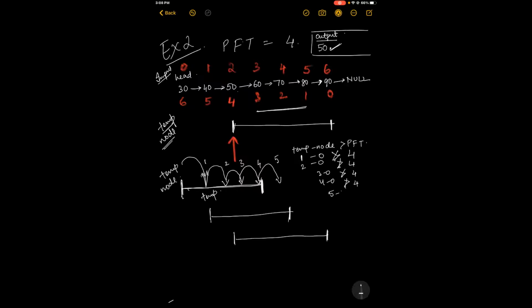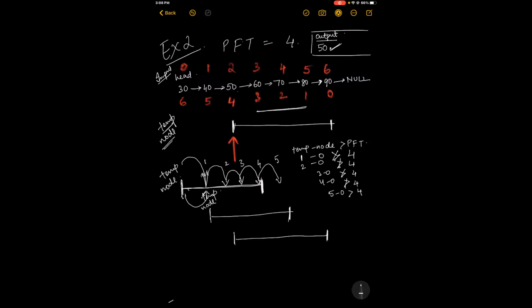Now 5 minus 0 is greater than 4, and when such a condition arises, node will move one step forward. So from the 0th position, now node is here at the first index.